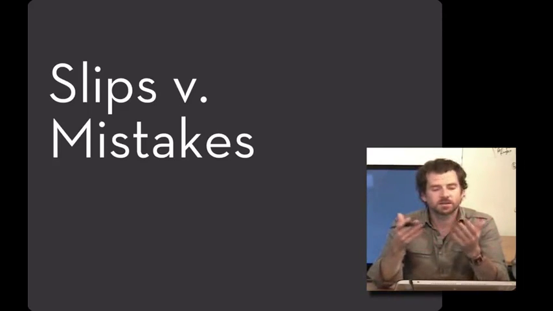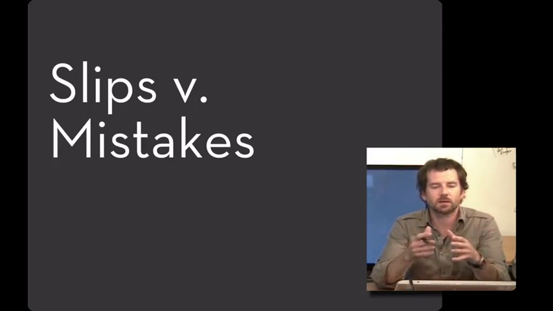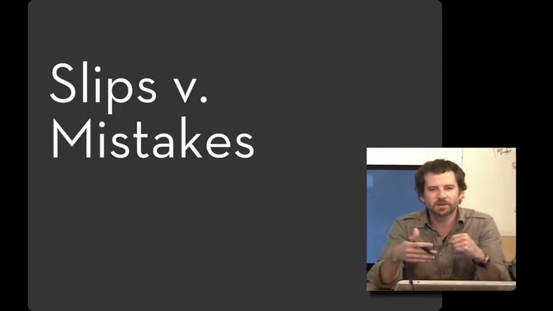And as a designer, you'll correct or prevent these two kinds of errors differently. Slips you'll most often try to prevent by improving the ergonomics or visual design of the user interface. Spread things out so it's less likely that you'll hit the wrong thing. Make targets bigger. With mistakes, on the other hand, what you need to do is provide better feedback or make clear what the options are. To limit the number of mistakes that users make, you want to improve the user's ability to perceive the affordances of your software. Make it clearer to them what is possible to do.